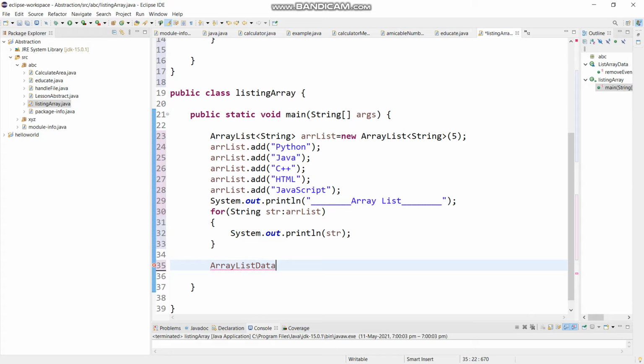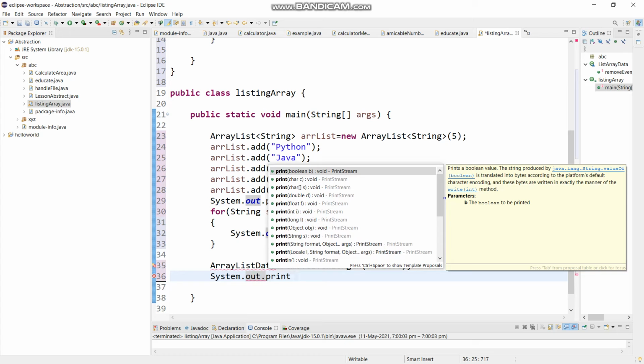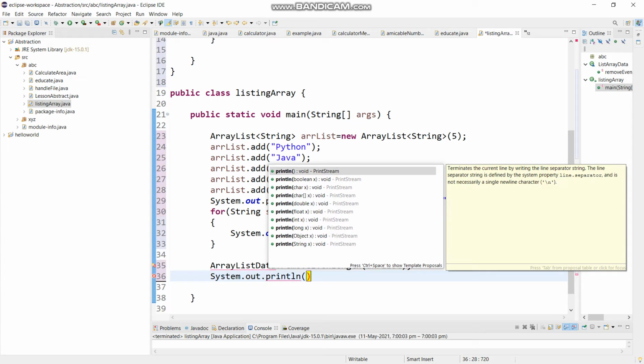So I'm just writing and showing you that if you use something like this, it won't work, because you have just studied what I have told you. So you will take the class name here, and that is ArrayList data dot remove even length, and then inside it we will write arrayList. I think the class name is not valid. We will correct it afterwards.